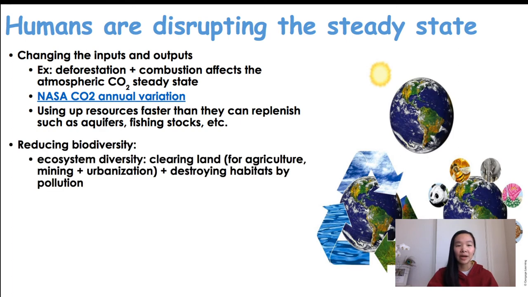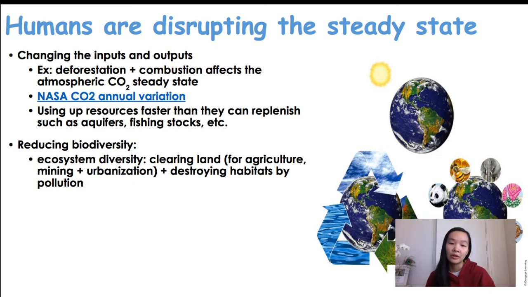We're also reducing biodiversity in two ways. For one, we're clearing land for various uses like agriculture, mining, and urbanization. Urbanization is basically, if you look outside, like I'll look outside right now because I'm next to a window, and I see street and buildings and concrete, but it didn't look like this originally. The earth did not naturally look like street and concrete, right? It originally was soil and dirt and natural trees and animals. So for us to live in our urban society, we had to clear land so that we could lay down